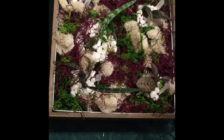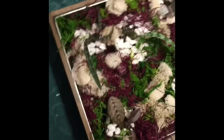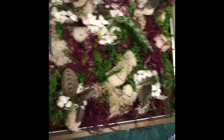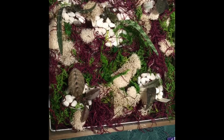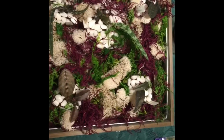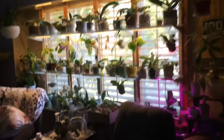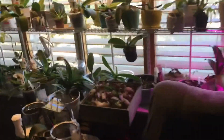Maybe I've inspired you to think of ideas for yourself on how you want to display your orchids. Time will tell if I keep this the way it is, but I'll provide updates as I make those decisions. Take care. And here's my north window, and I moved the Oeceoclades